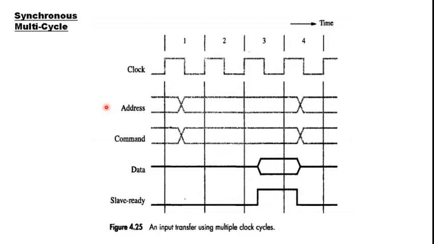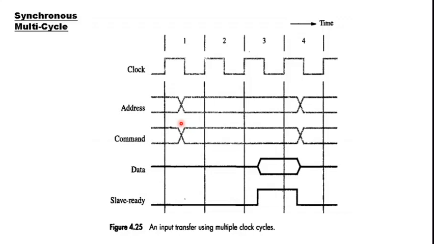So again here the data transfer is between a master and slave. Master has demanded a read operation or an input operation from the slave. Okay, so at the beginning of clock cycle 1, the master will put the address of the slave and the command to be given to the slave. Delays will be there. So after the delay, by the first half of clock cycle 1 only, the signals will be available in the bus for the slave. Right, the address and command signals will be available to the slave.